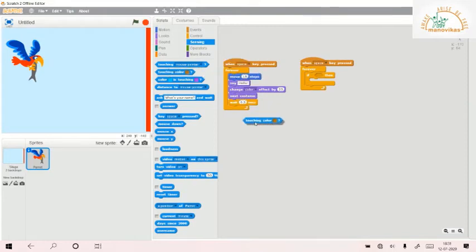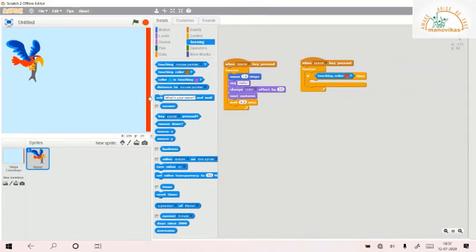So what I've done is, this is a boolean block which you can see. You can even look at its shape. These all are boolean blocks, and put it inside here. So this is like a condition. It is going to check this condition. If this condition is true, then it will stop and go back.